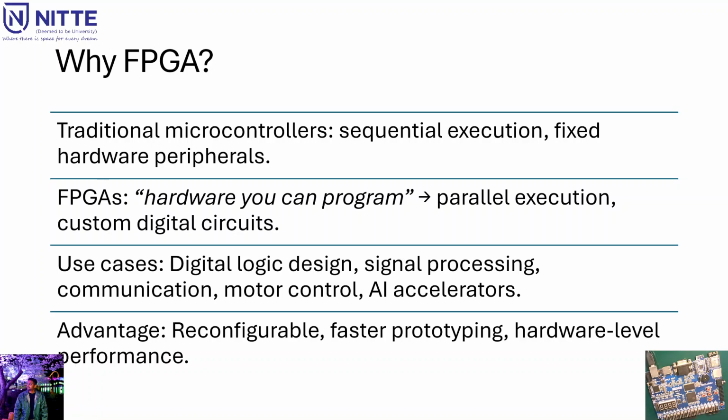mechanism like interrupts, and those interrupts are also priority based. For example, a reset is the highest priority, and the other priorities depend on the different microcontrollers. Once the priority based task is completed, the main task will be continued. So this will not execute in a faster way, whereas in the FPGA, the hardware what we are